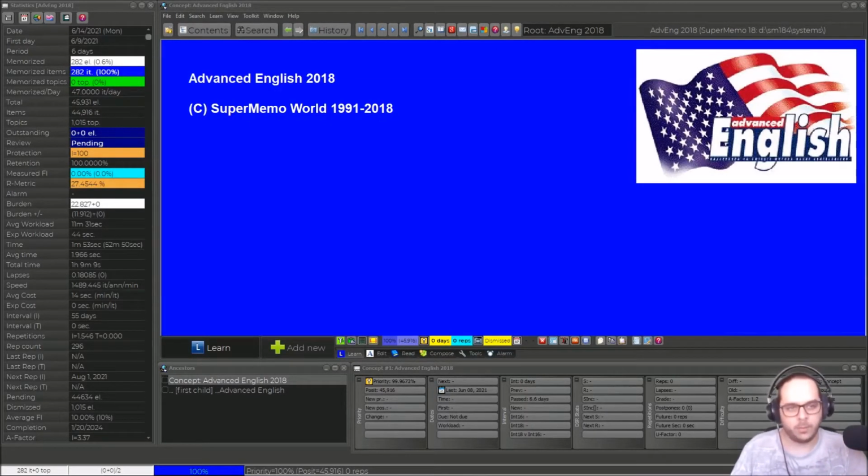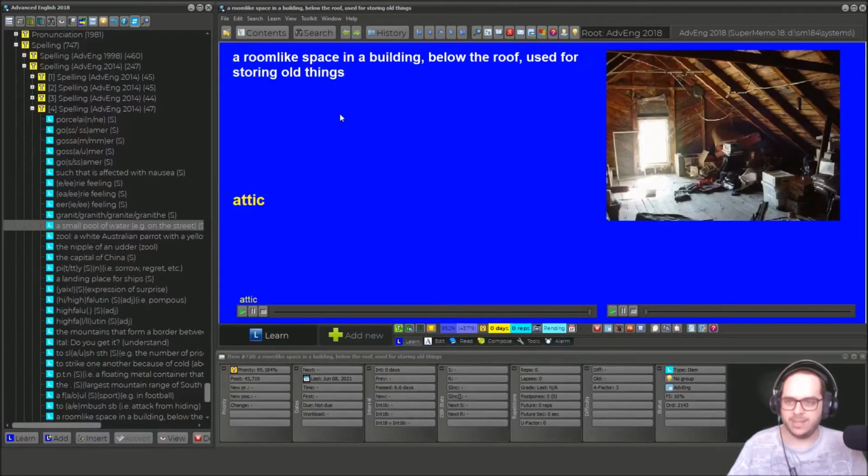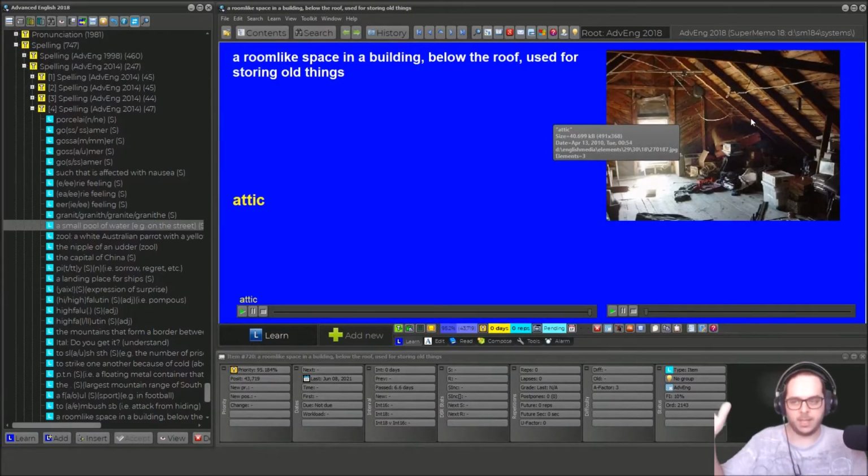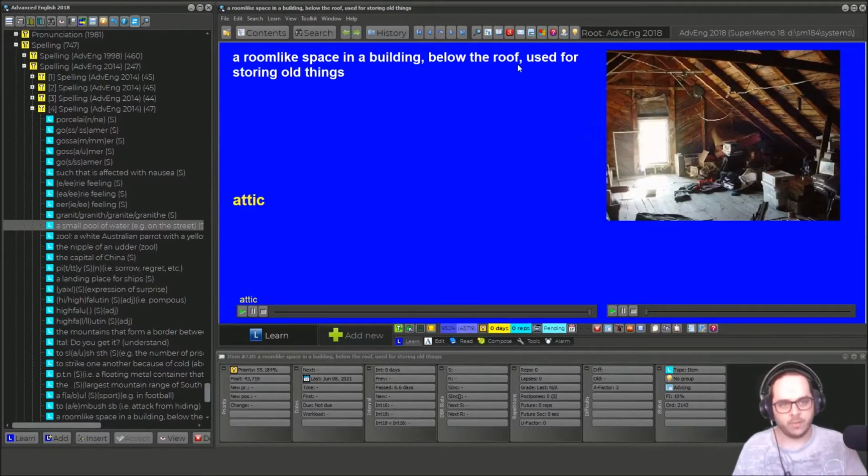Today I want to share with you something I recently discovered. And for me, this doesn't work 100%, because an attic for me doesn't mean that. An attic usually is when you see that the ceiling is tilted because it's under the roof, but